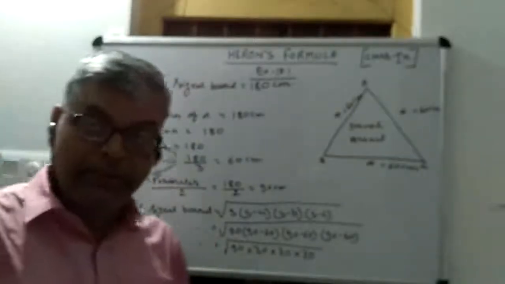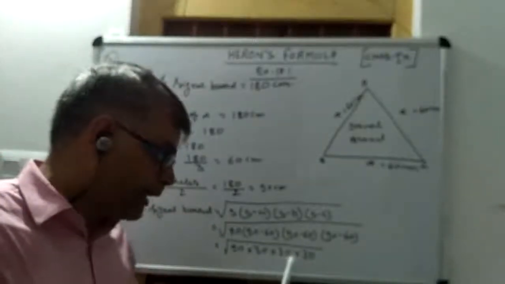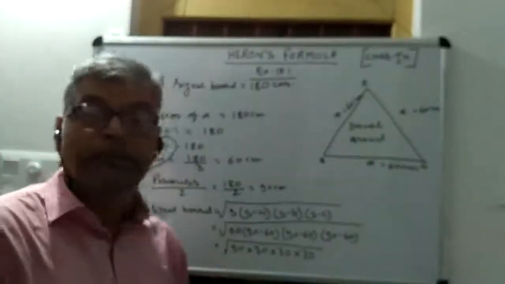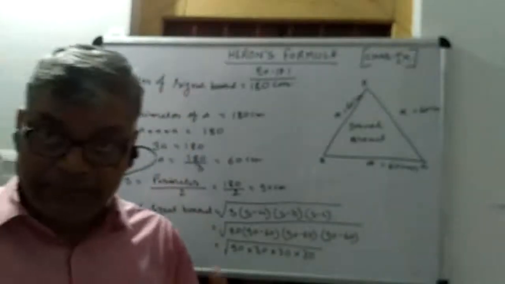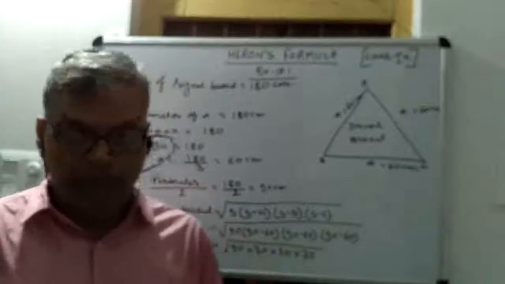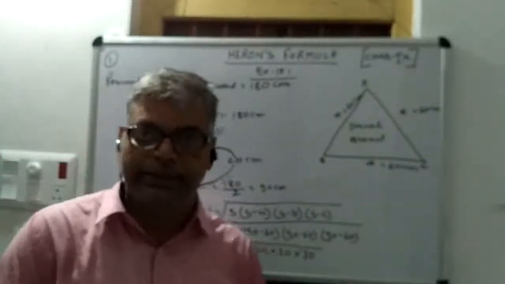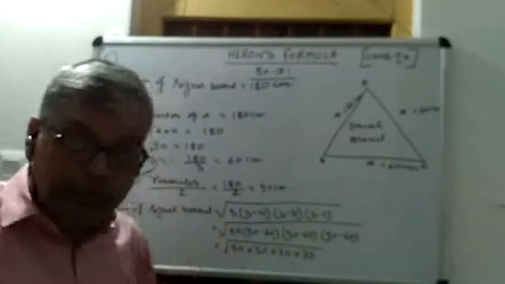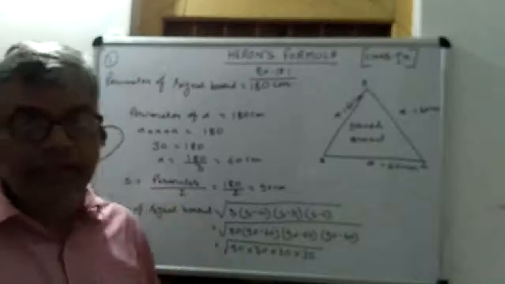Now there are two methods for finding this square root. First, either you multiply all these numbers and thereafter get the square root by the method of long division, or by prime factorization, which you have read in your earlier classes. But this becomes too lengthy a task. So make this work easier.